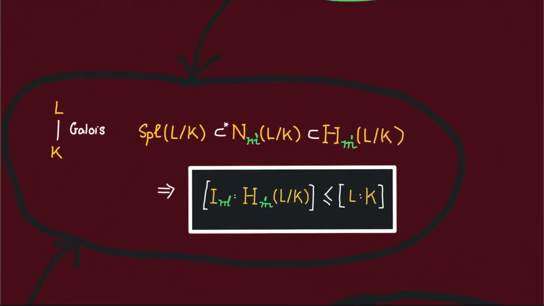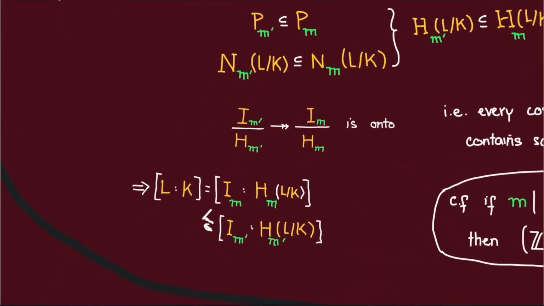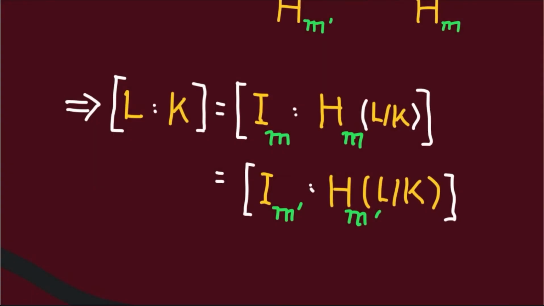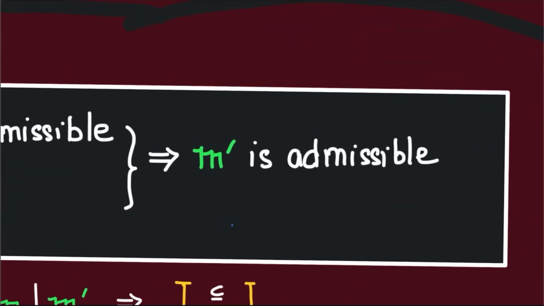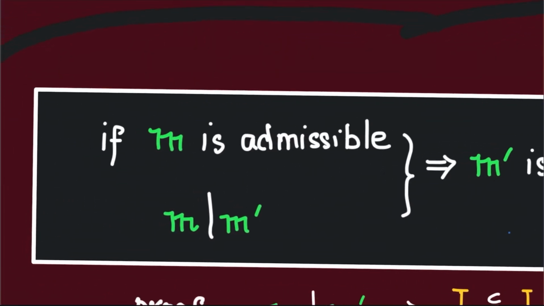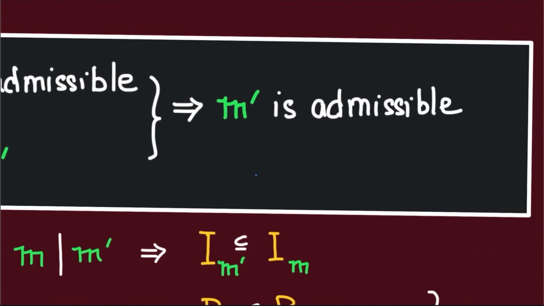Thus, combining this with the inequality that we just established, we get that the index of H_m prime inside I_m prime is equal to the degree of L over K, and thus m prime is an admissible modulus. Thus we have shown that any modulus m prime that is divisible by an admissible modulus m must itself